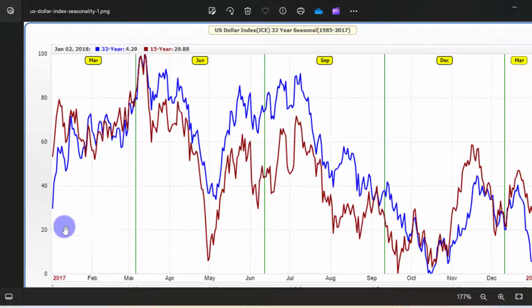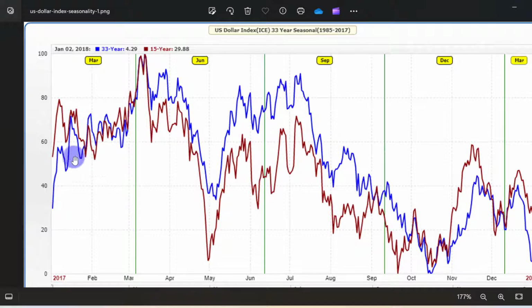So the month of January, February and March. As you can see, in the month of January, we started to see the dollar form bullish price action. The dollar was bullish, retraced a little bit on the 33-year data, and the same on the 15-year data. It retraced in the month of January and then started to trade within a range going into the month of February. So most likely the dollar is going to be in consolidation from the end or middle of January into February. You can see it from the seasonal data here.